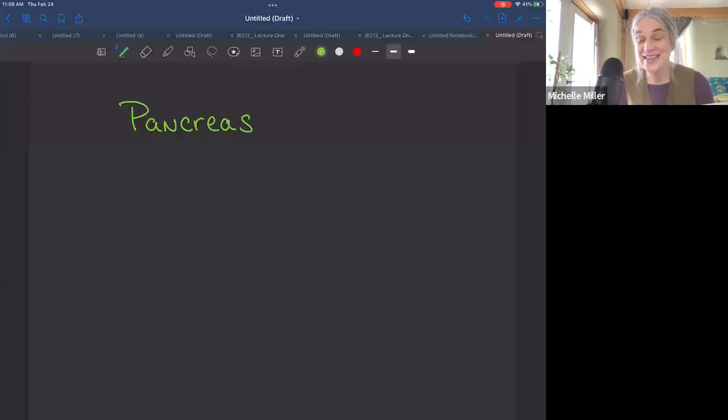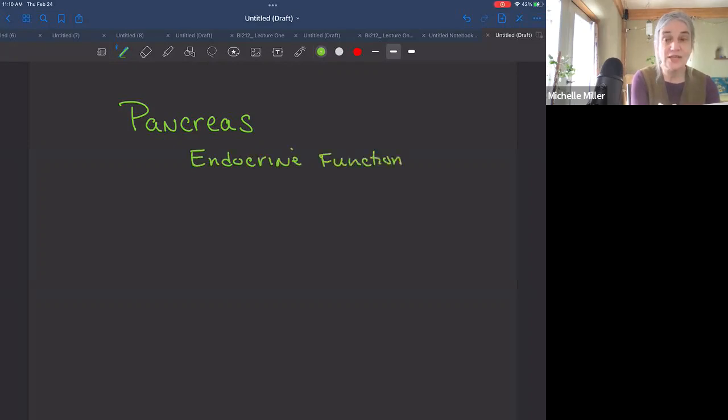The pancreas is an accessory organ to the digestive tract. When we look at the pancreas, it actually has two functions. It has an endocrine function, so we can talk about the endocrine function. Endocrine glands produce hormones. And so this is the part of the pancreas that produces insulin